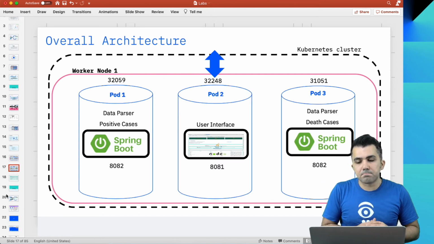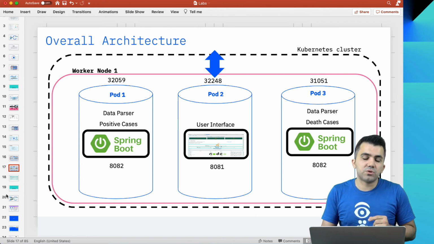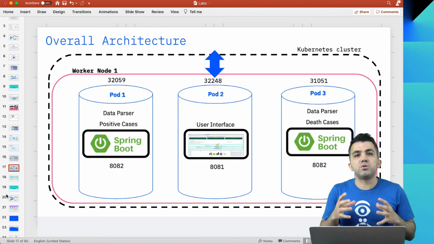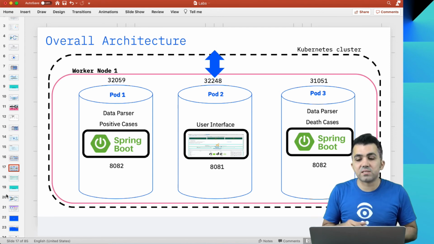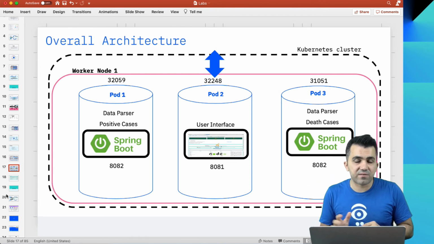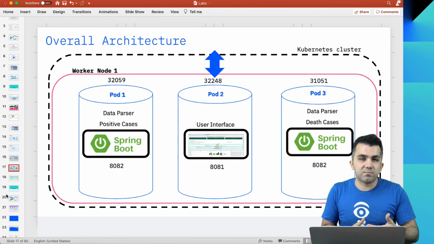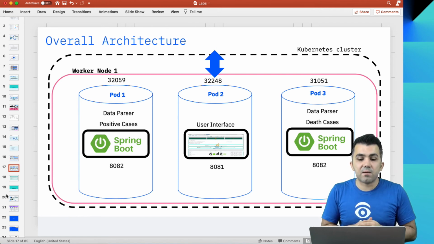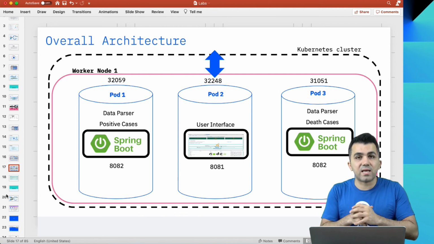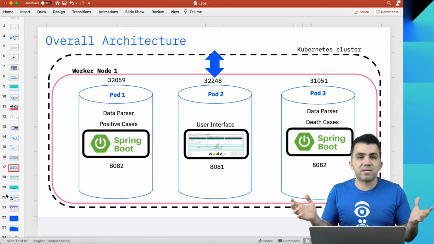One more demo that I'm going to show you here is that I'm running two instances of my data parser, as you had seen previously. One is for positive cases, the other one is for death cases. And the beauty of microservices is that, for instance, I can create a second instance of one of my services and connect it to a different source, and then my UI, as another microservice, can alternatively connect to either this one or that.